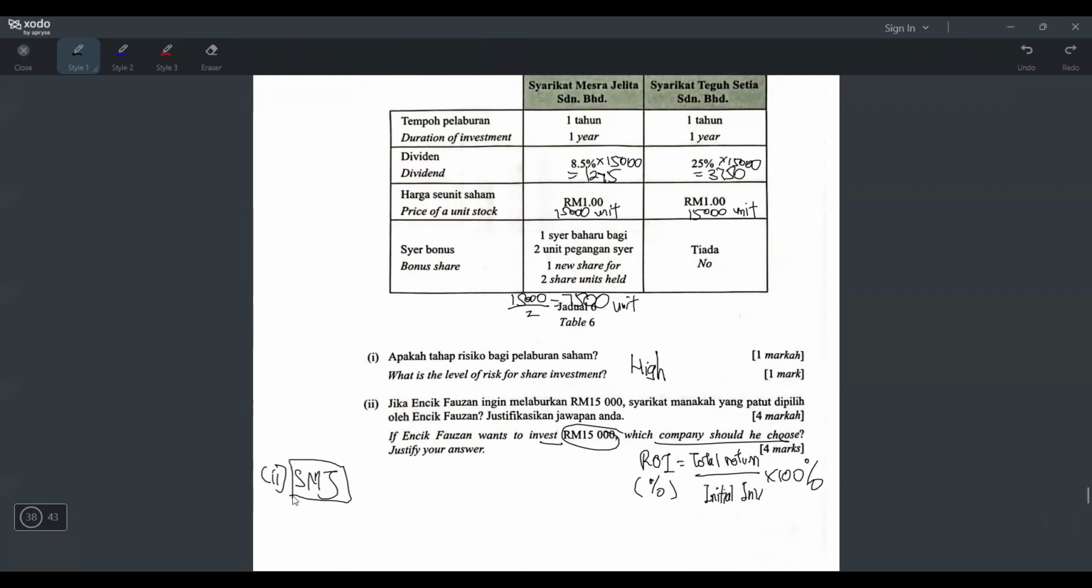So Syarikat Mesra Jelita, what is the total return first? Okay, total return. In other words, what's the total profit lah? Okay, total profit will be what? Dividend is a type of return. Dividend is a profit. So 1275 plus